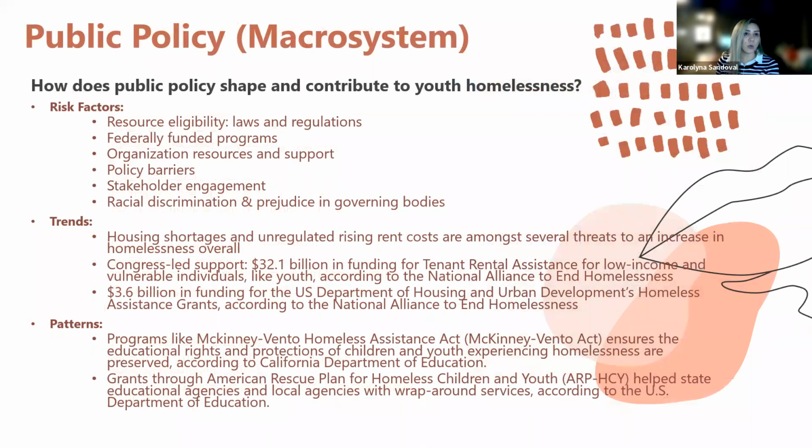In the last, outermost layer, we have public policy influencing homeless youth at the macro system level. We see how public policy shapes and contributes, negatively or positively, to homeless youth. Some of the risk factors that I found for public policy on homeless youth were the resource eligibilities, the laws and regulations, federally funded programs, organization resources and support, a lot of policy barriers, and stakeholder engagement was one of the